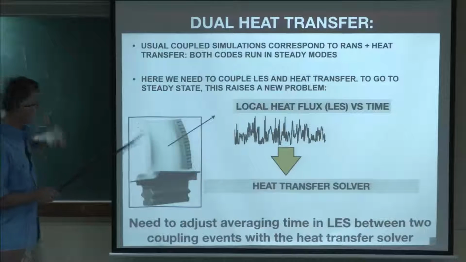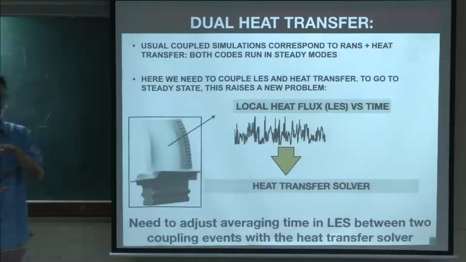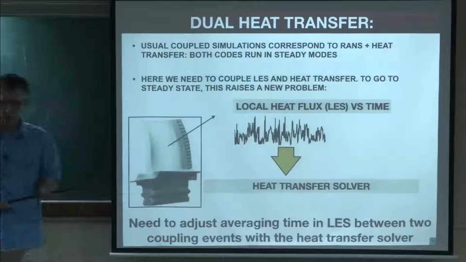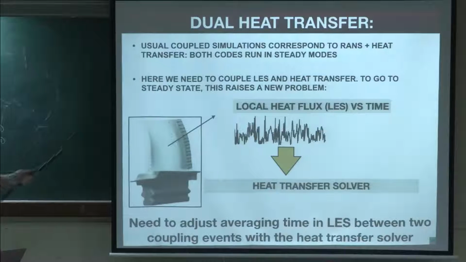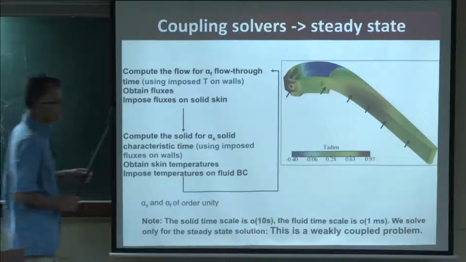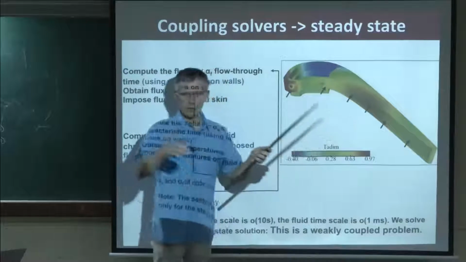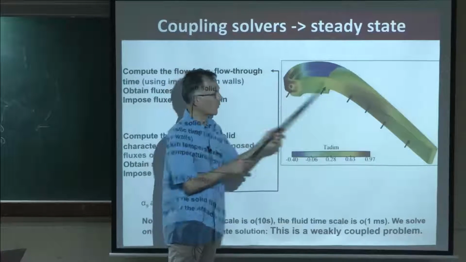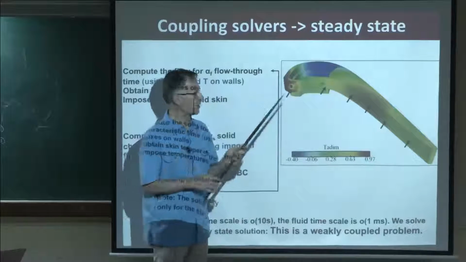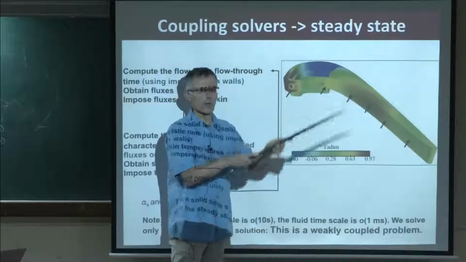Here we need to couple the LES in the blade with the flow outside. And as I said, you know, this blade is a massive blade. Its temperature changes over a few minutes, while the flow itself has a much shorter characteristic time. So we need to couple the two. And the way it's done, to make it short, you compute the temperature in the blade for 1 minute, then you compute the flow for 1 millisecond, and you say, this flow is not going to change for the next minute. You come back to the blade temperature, and you advance in time this way.